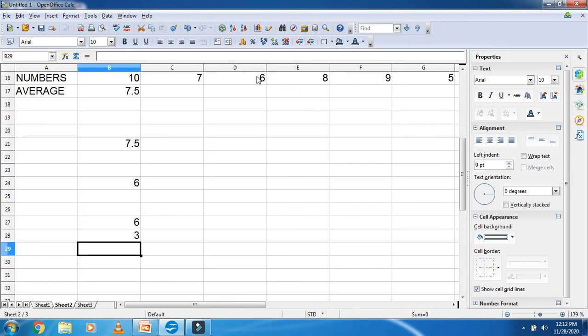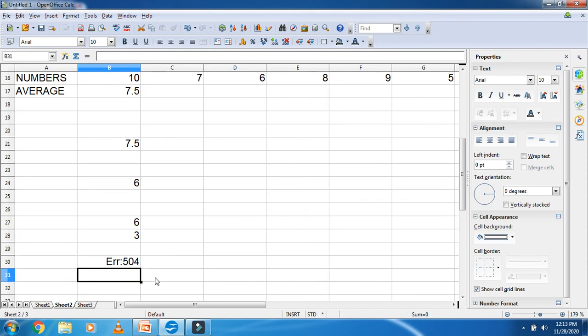So suppose here I am writing the function equal to large, bracket open, 10, 7, 6, 8, 6, 7, 6, 8, 5, bracket close. The largest value among these is 10.